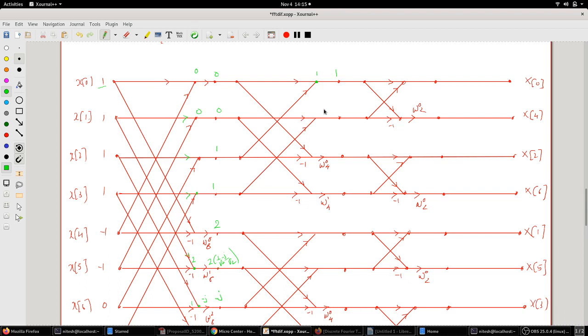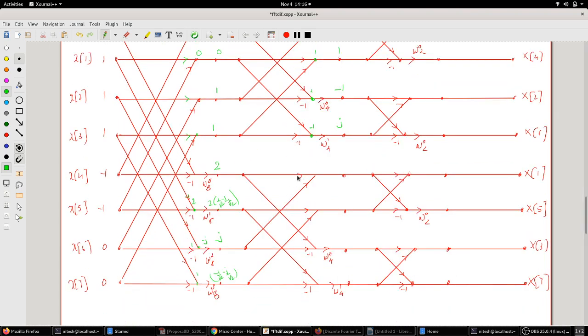0 plus 1, this is 1 again. Okay. Now this guy here will be 0 plus 1, 0 minus 1. This is a minus 1 into this is minus 1 here. Okay. Then this guy here will be 0 minus 1. This is a minus 1 into w1 of 4. w1 of 4 is minus j, so this guy will be a positive j. Okay, positive j. Same thing now applies here.